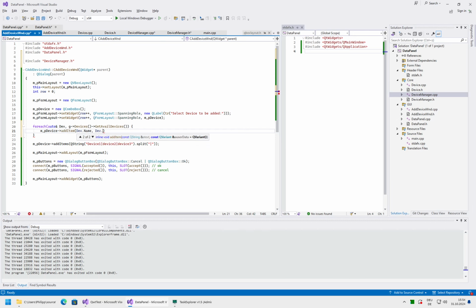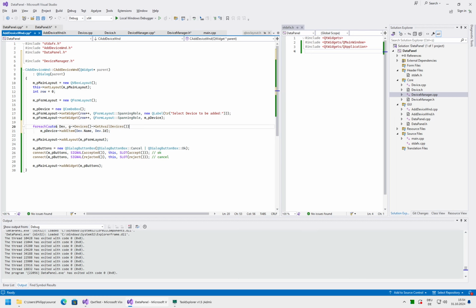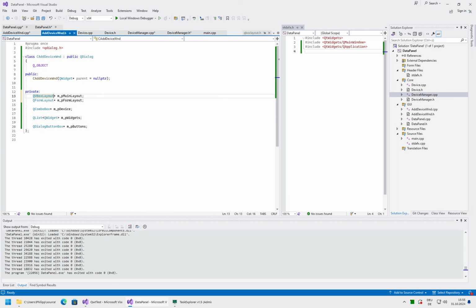command. We can set the data as ID. Okay, we'll just make it more compact. And we'll need to connect the combo box to some slot, so that once we select something there, then we see what was selected. So let's add a slot